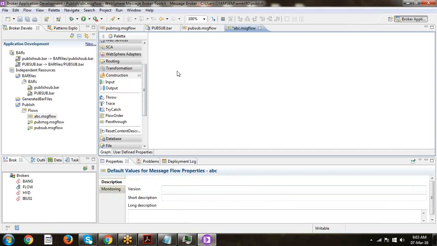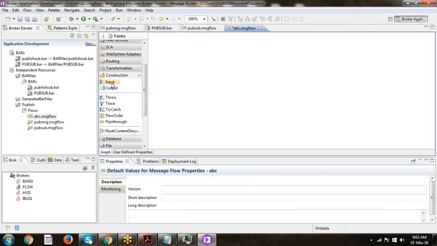Instead of implementing it in all 10 message flows, you design one message flow as a subflow. That subflow will be used in all 10 message flows. You just directly add this subflow there.